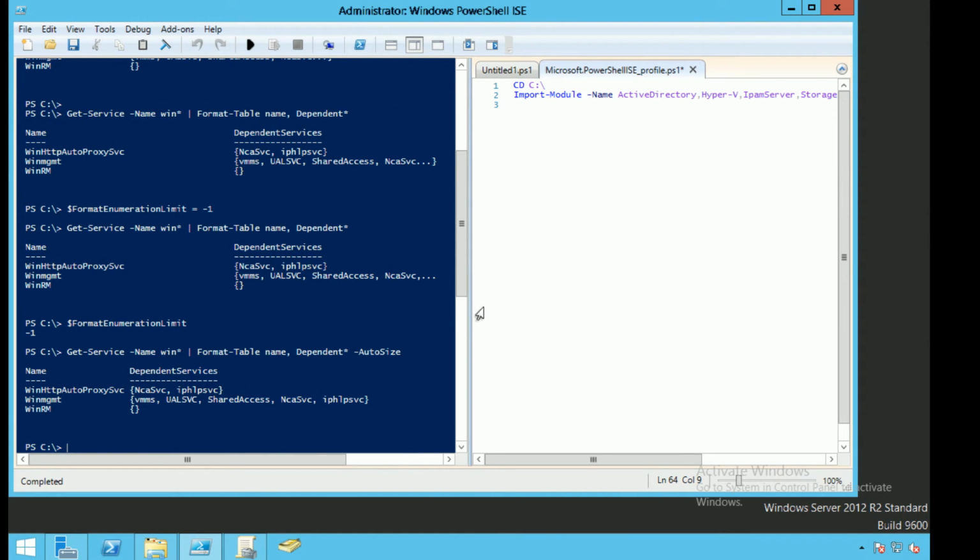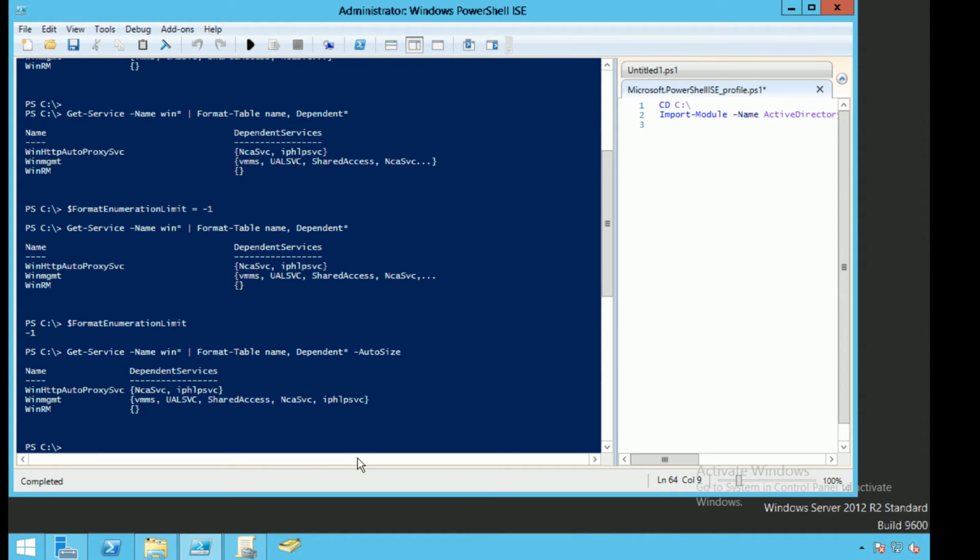And we went ahead and hit the auto size this time. And as you can see, we're getting an additional element showing up. So why is it that when we just did it before, after I set the enumeration limit to -1, I ran the same command I did before, but we were still getting a dot, dot, dot? So I verified that the enumeration limit was set to -1, and then I did the same command again, but I did the auto size. The auto size is where it's at because the auto size truncates, well, it didn't truncate anything, but it did eliminate the extra space, and then it auto sized it